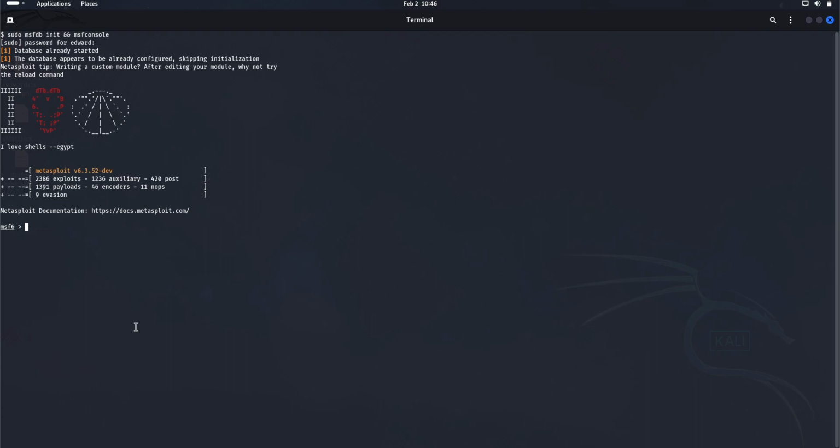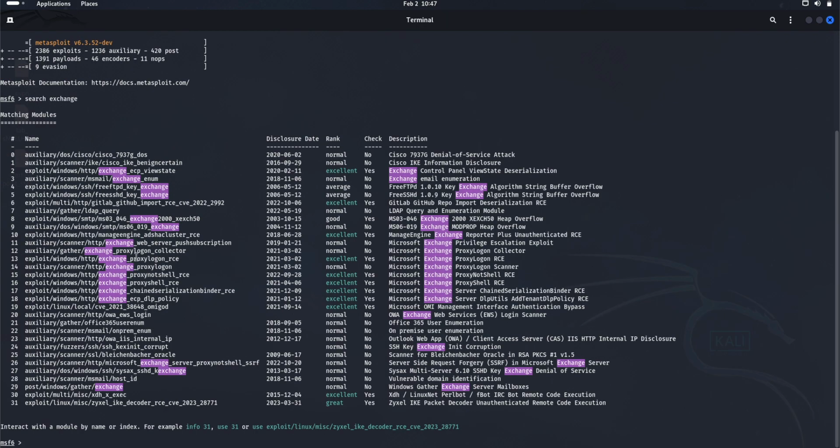So what we're going to do is I'm going to do a search for Exchange. Now I'm running Metasploit again. I've already launched it. If you're not familiar with Metasploit, there are videos on Udemy and the OffSec certifications, as well as other videos and other learning material. INE also has it, etc., that teach you how to use Metasploit. I'm going to search Exchange, press enter, and these are all the exploits available for Exchange,